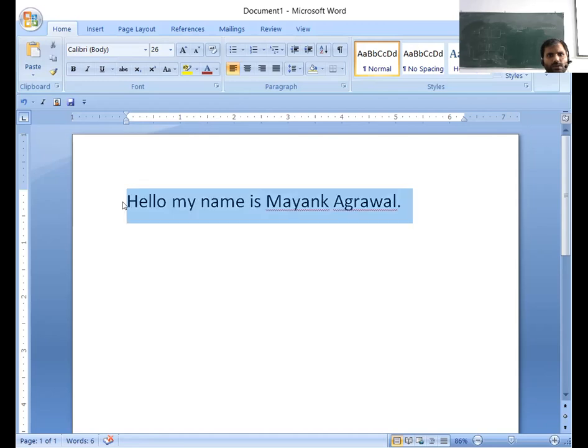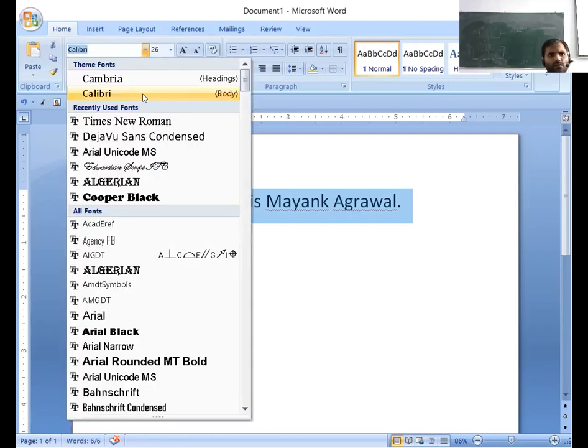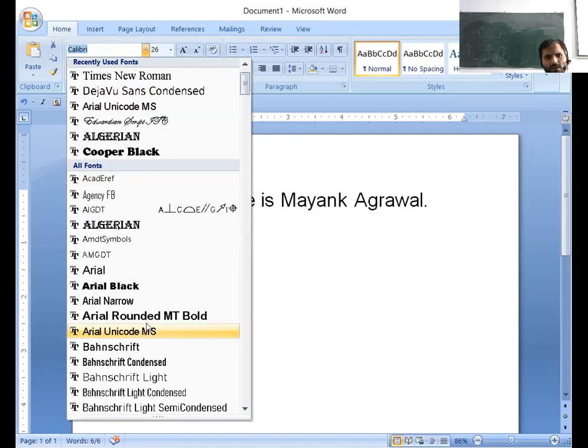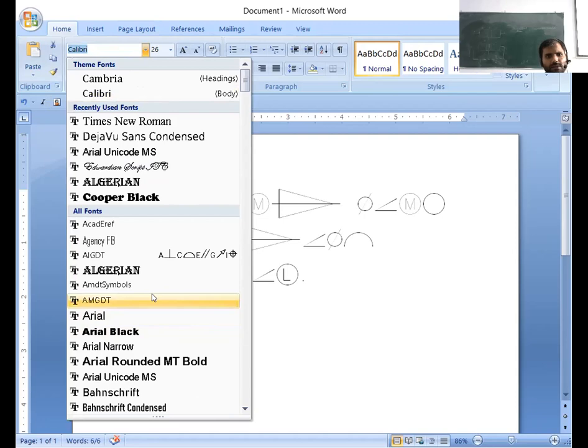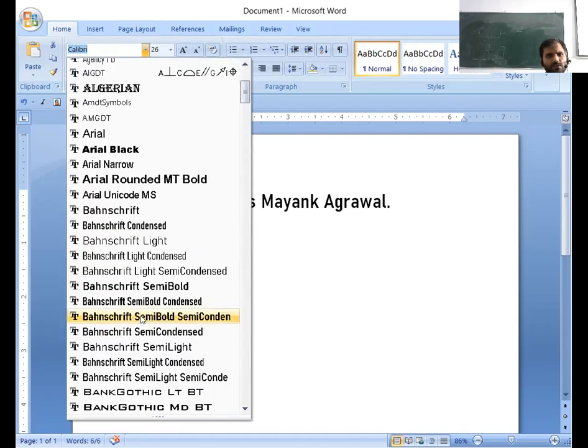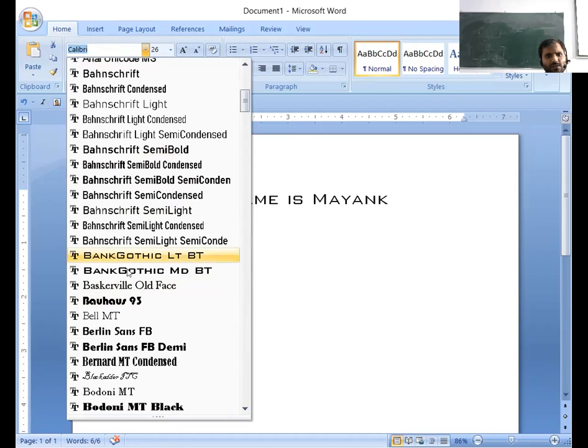So in the font section, if I want to choose a different font, then I have to go to the font face. You can see there are different types of fonts according to the need. I have to select one.